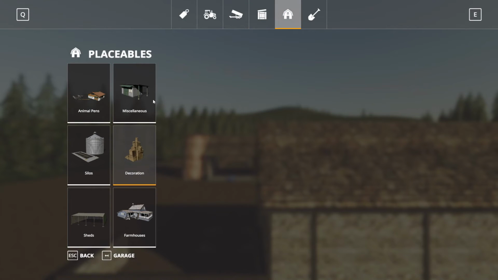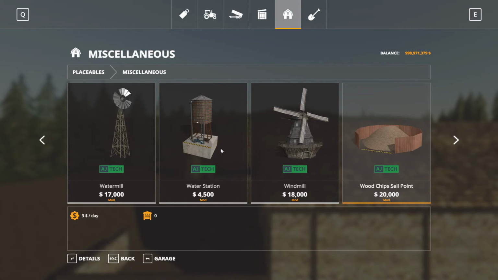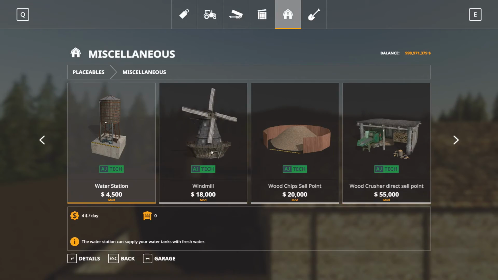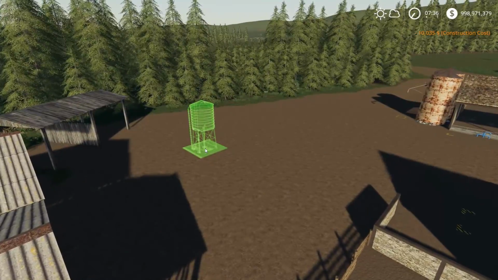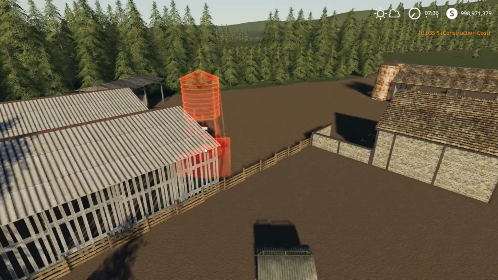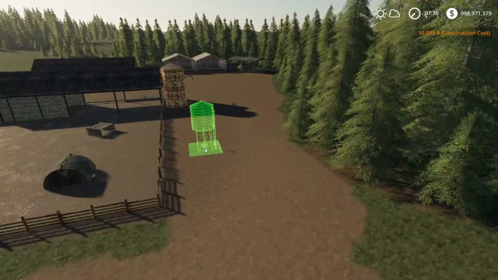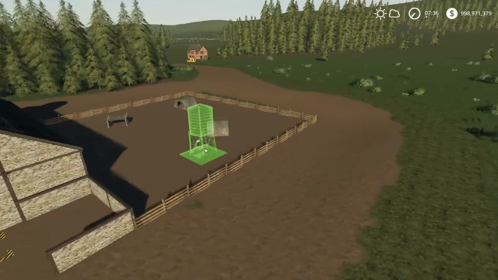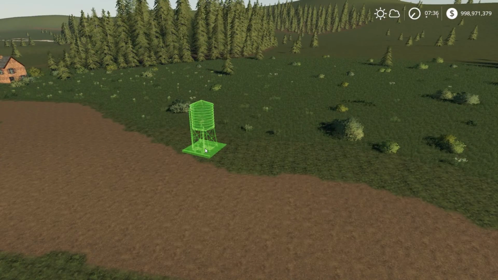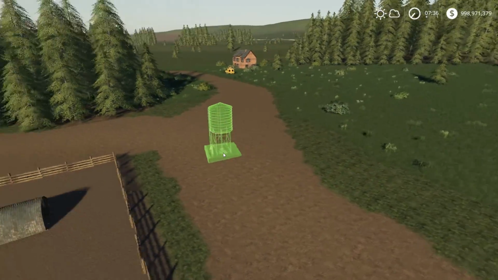And then we need some kind of like old garage or old shop. And I think Jim has one in. There's like a water station we can put in here. Oh yeah, that'd be good. I think that'll be a nice little touch. Should we put it? Like we'll put a mill with it. Maybe like...